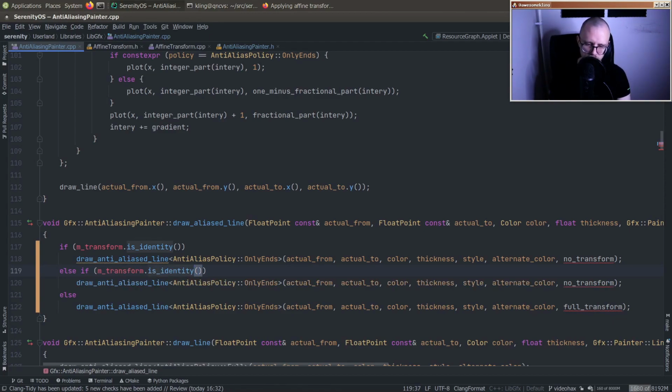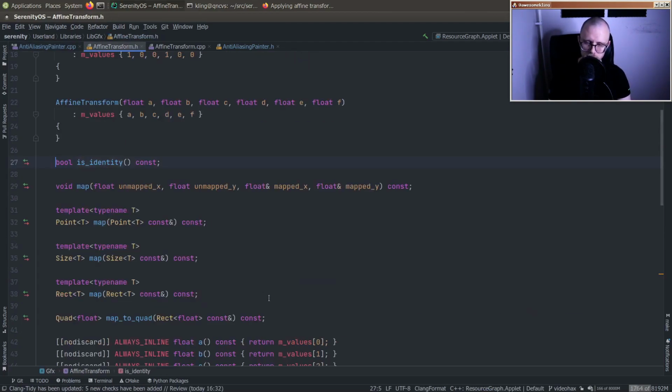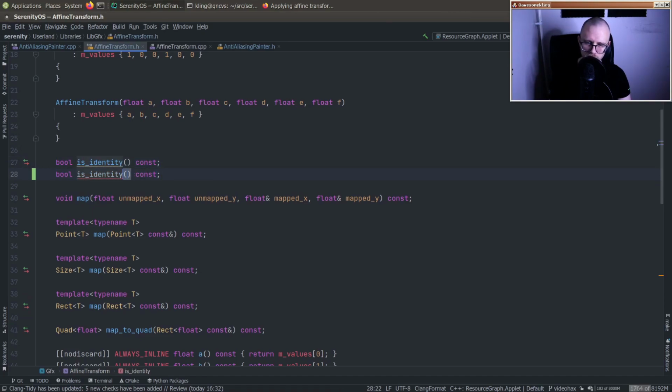Or if it's identity, or if it's a translation, so translate transform. Okay, and then let's add a helper for that. So this translation,